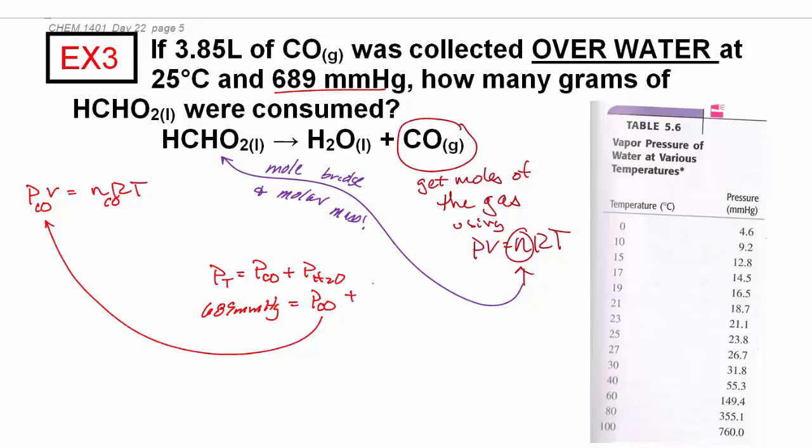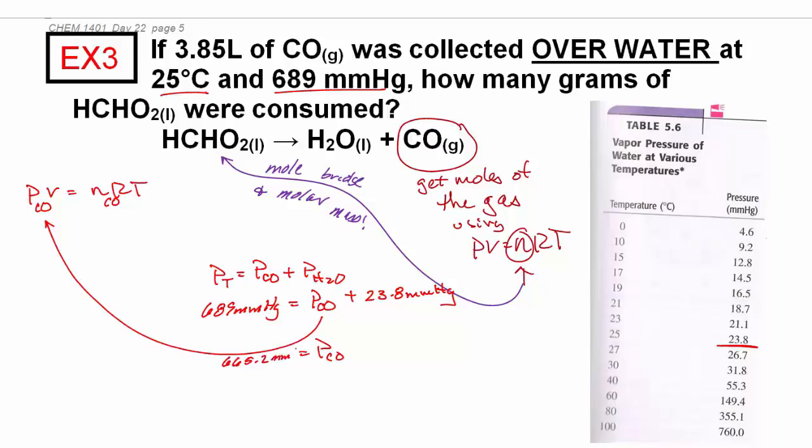That pressure due to the water, the temperature was 25, so here's 25, 23.8 is the pressure due to the water. So my pressure due to carbon monoxide would be 689 minus 23.8. You get about 665.2